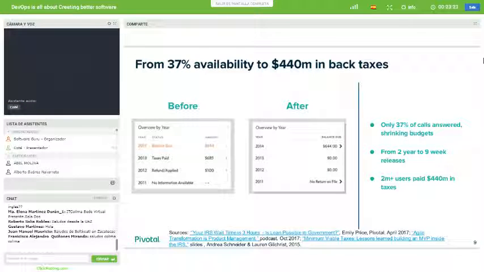That means 2 million people weren't. So perhaps we should go back to our civics class and tell them they should pay their taxes if they like all their highways and other government services. And they brought in almost $500 million of taxes with it, right? So it's a great success in applying a more user-centric way of doing software.